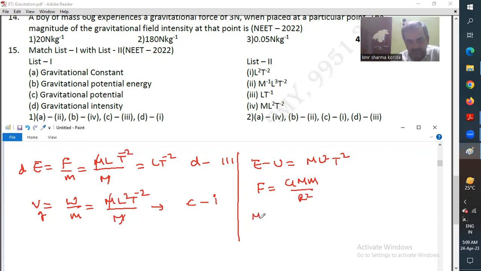The dimension formula of F is MLT minus 2. There is r square, so L square will come here. The dimension formula of G mass is mass only. So one M gets cancelled. So if you take this side, M to the power of minus 1, L cube T minus 2 is the gravitational constant. So ML square T minus 2 means potential energy is both B4